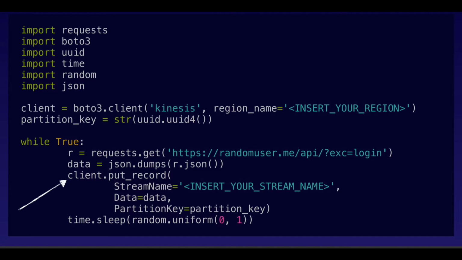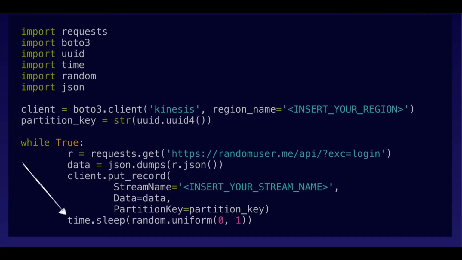And after we put that record on a Kinesis stream, we call time.sleep, which just halts the program for around 1 second and continuously calls putRecord to add that data to our Kinesis stream. So essentially this program just simulates streaming user data onto our Kinesis stream.